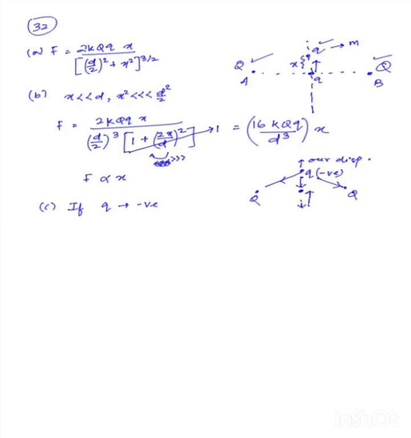So in that case it will be executing a simple harmonic motion. The condition for this particle to execute simple harmonic motion is that the particle has to have a charge opposite to the charge carried by these charges. So if these charges are positive, that small q will have to be negative in order to execute SHM, and if these two charges are negative, then the small charge will obviously have to be positive. But under the conditions that we have been provided, the charges capital Q are positive, so the charge small q